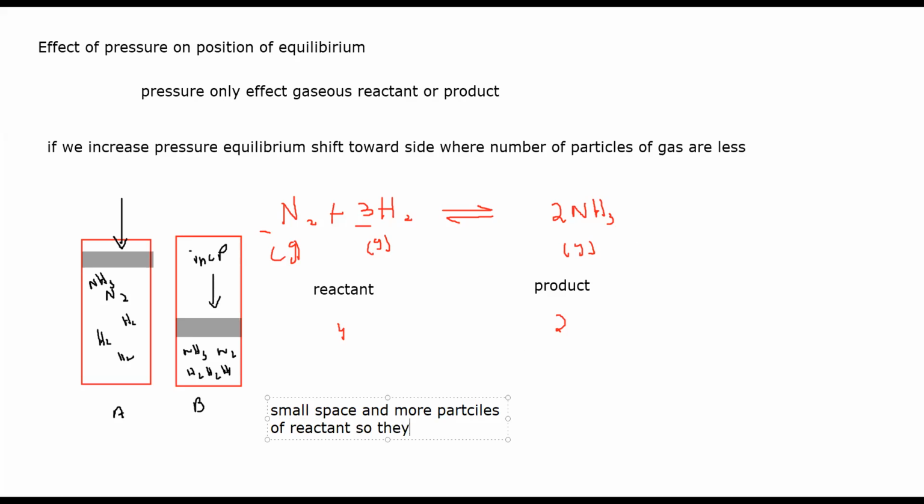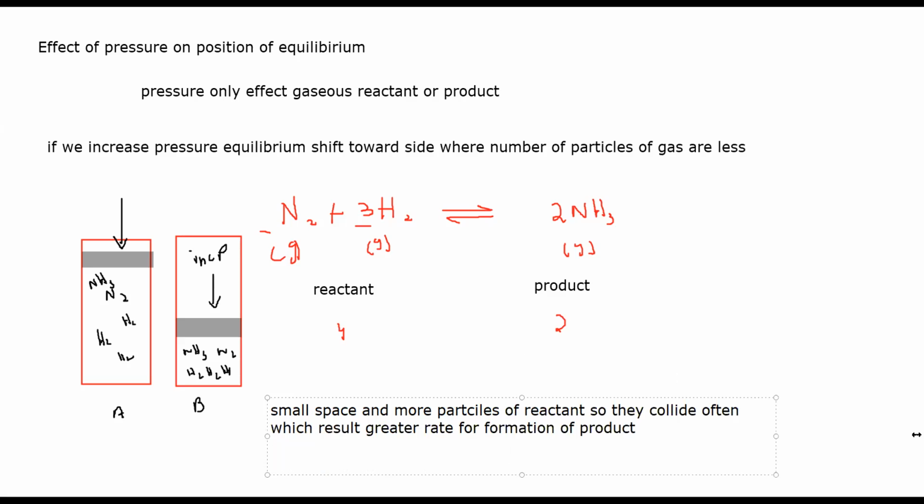So they collide often, which results in a greater rate of formation of product. So where will the equilibrium shift in this example if I increase the pressure? I have 4 reactant particles,